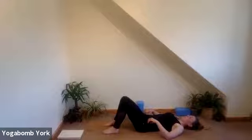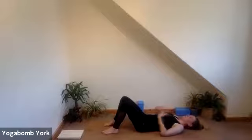So again, finding that length through the spine as we inhale. As we exhale, maybe drawing those lower ribs together with your hands. Again, trying to knit all of that energy into your center line. Imagine gathering it up and holding on to it so that it can flow through your body nice and evenly, not spilling out